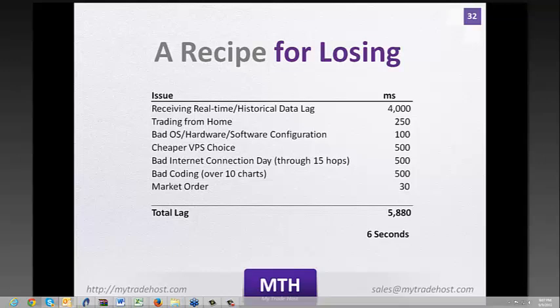Their trade and data communication is taking a while to go back and forth to the brokerage. A less than optimal server and software configuration that they've used for quite a while, or they choose something like a cheap VPS or virtual machine where the performance can be sluggish, or they're experiencing a bad internet connection day, running bad code over many charts, or choosing the wrong order, like a market order that takes time to send